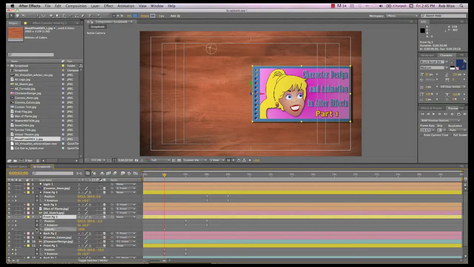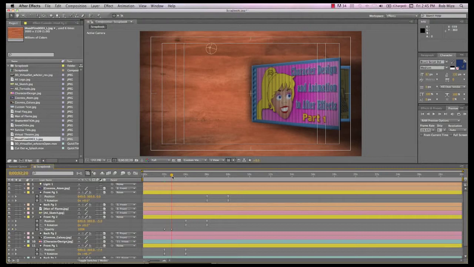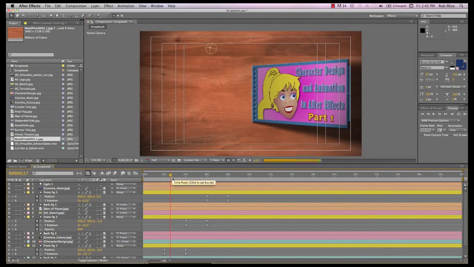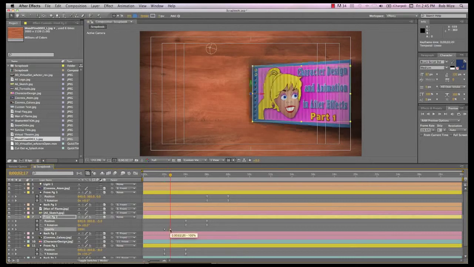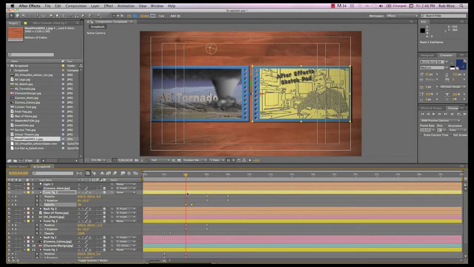So I'm going to come here to page 2, add an opacity keyframe, pull it forward, and add another one with a value of 0, so that the opacity, just as the page starts to turn, goes from 0 to 100%, with it achieving 100% at the point where that page is revealed. So as page 1 turns and reveals page 2, page 2 will increase from 0 to 100%. That way you don't have those shadows piling up on each other when the scrapbook is closed in either direction.